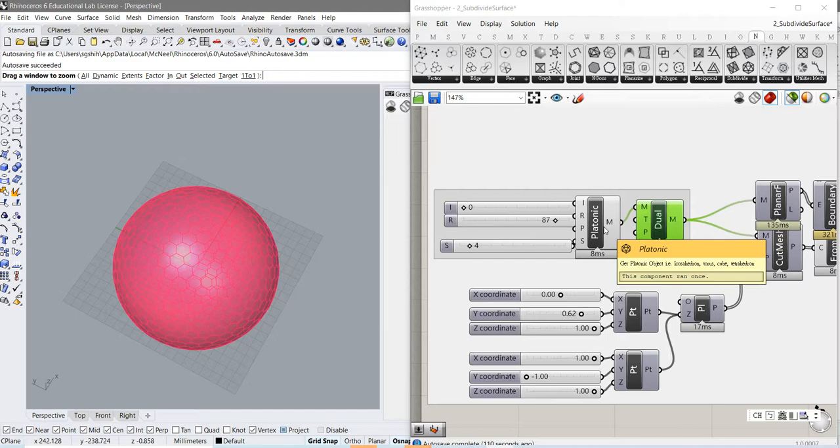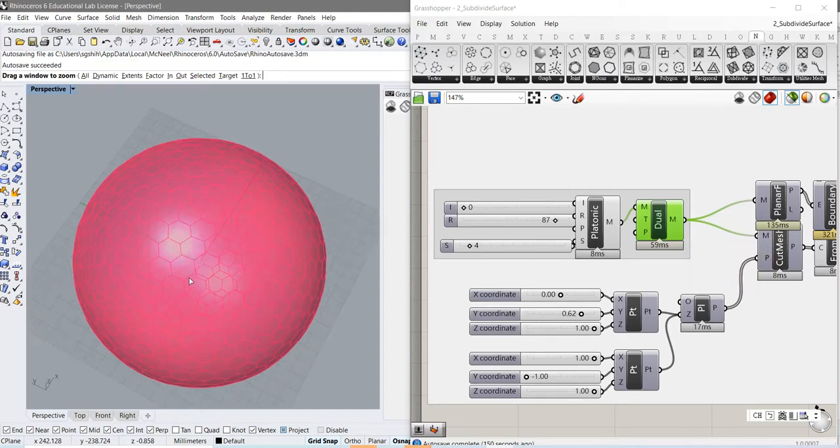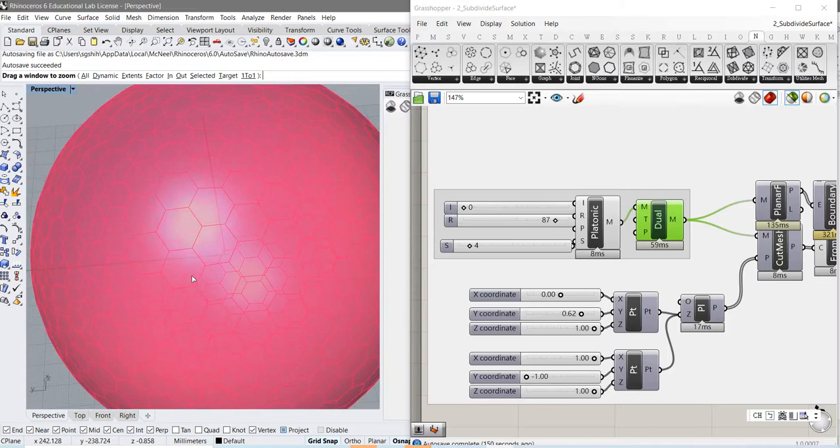There are 5 regular Platonic objects, right? Tetrahedra, cube, octahedra, dodecahedra, and icosahedra. Okay, but cube and octahedra, they are duals of each other. So if you want to have an octahedra, then you create a cube and then you find the dual of it. Then you get octahedra. Okay, and here when it is subdivided into,